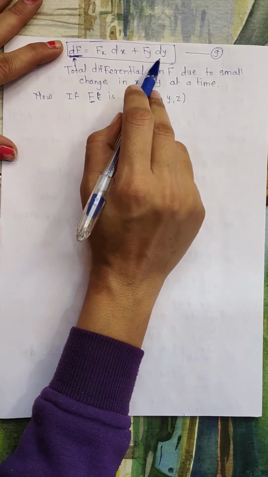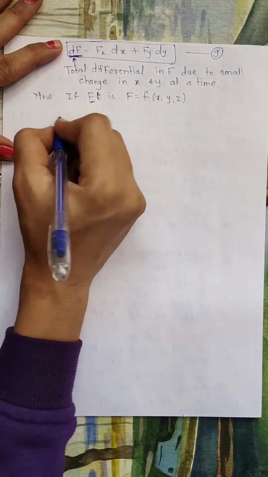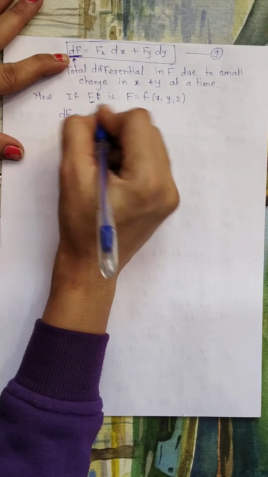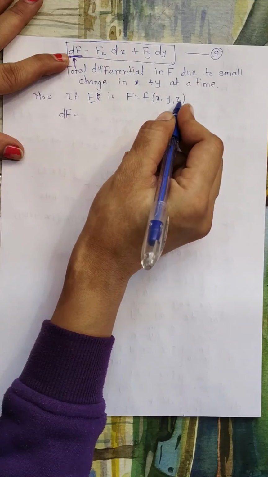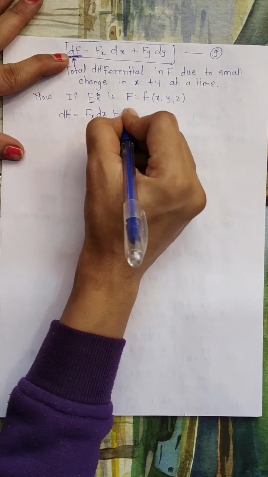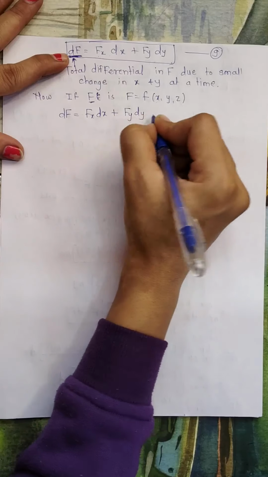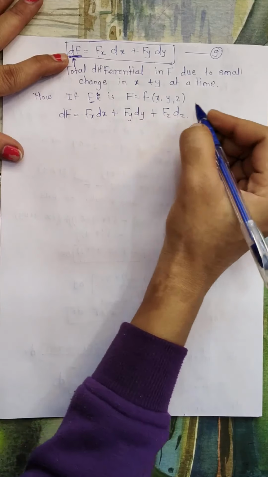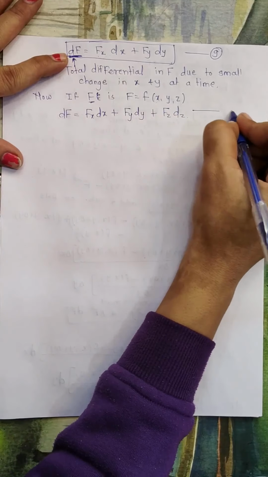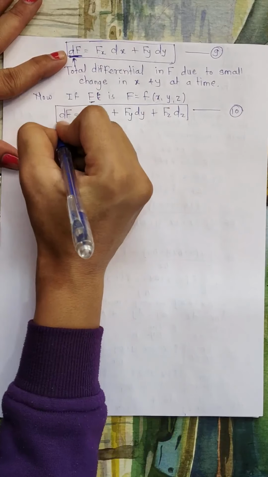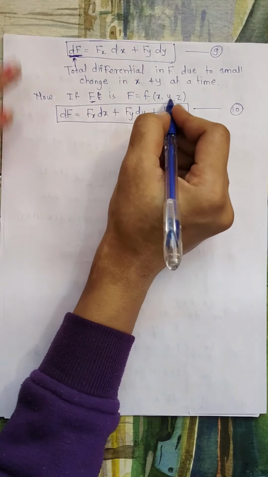These two terms will be the same, and we will add a third term for z, that is fx dx plus fy dy, and third will be fz dz. And this is equation number 10, the total differential for a function of 3 independent variables,